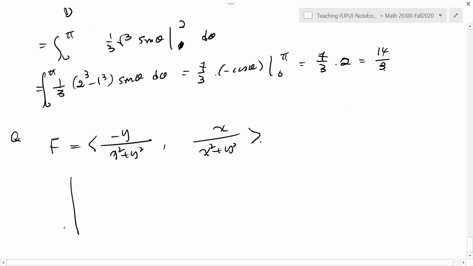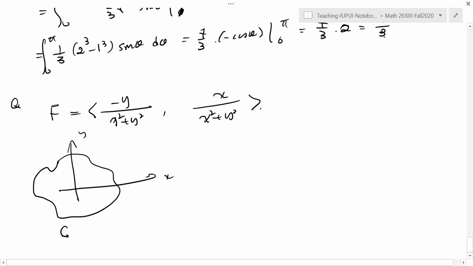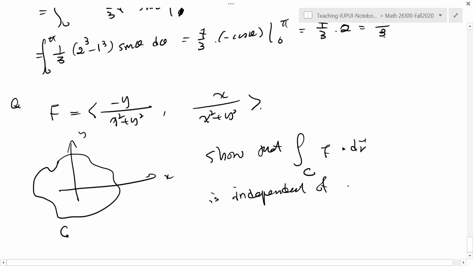But our curve, is there any closed curve that is even given, right? So we want to show that this line integral is independent of the simple closed curve containing the origin. Okay,